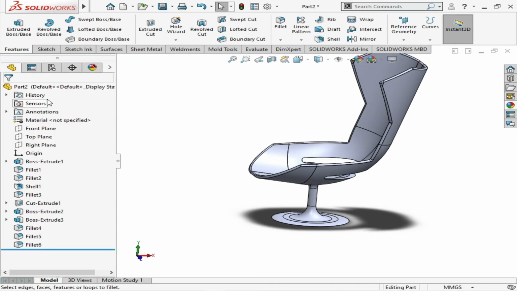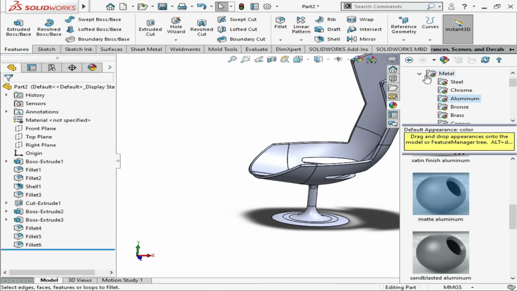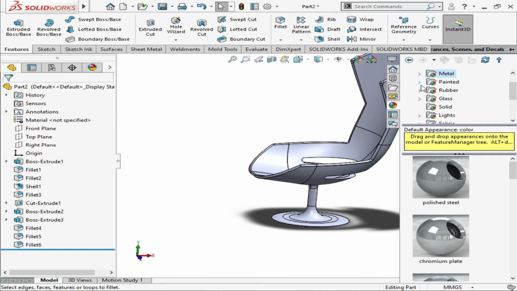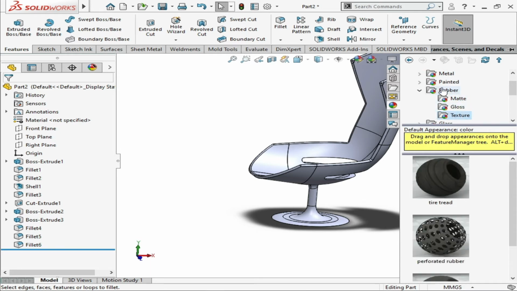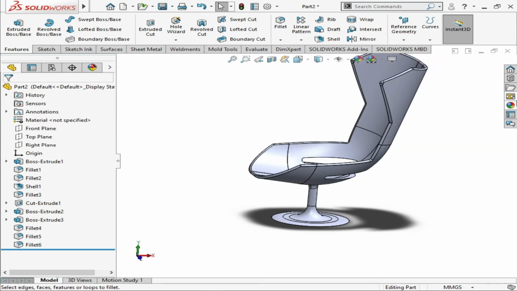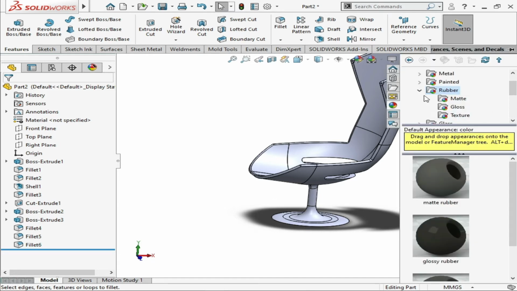After that we will assign the appearance or the color or the texture. First of all, we will go to the rubber portion and select matte or texture. You can choose this from the right menu in which appearance, scene and decals are present, and from here you have to find rubber and click on the rubber.